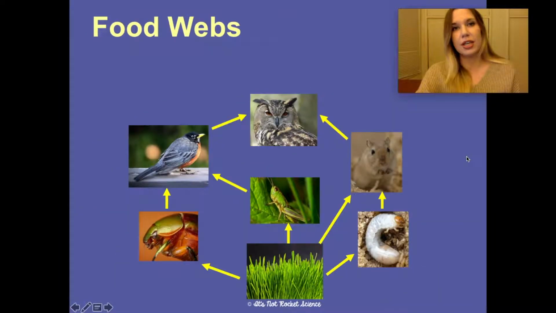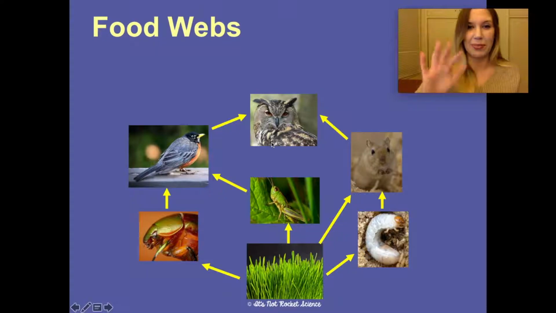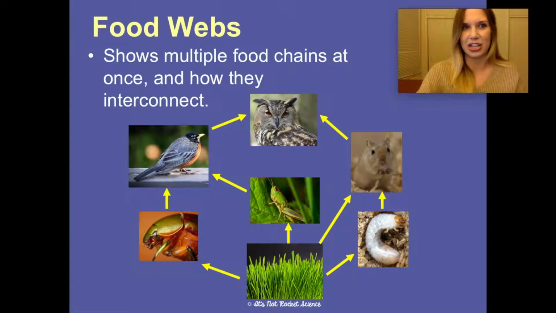So because of this, we've come up with something called a food web. And I promise it's not as confusing as it looks. Food webs actually show multiple food chains at once and how they interconnect. So we start down here with our producer, the grass, and again, these arrows are showing how energy